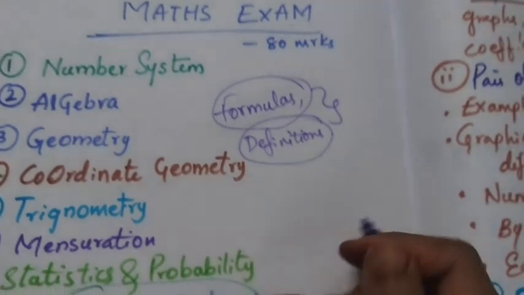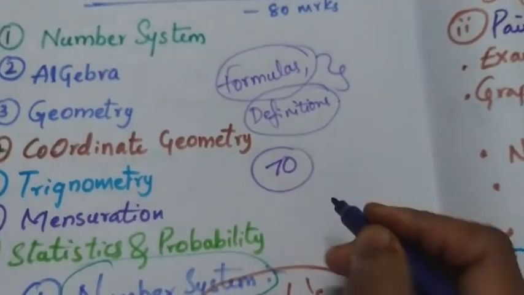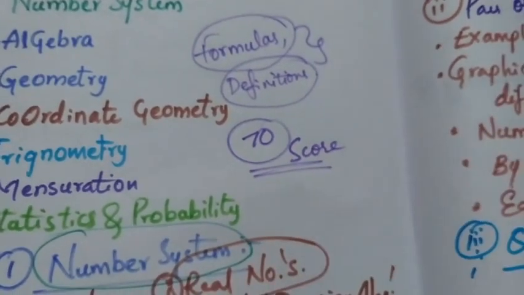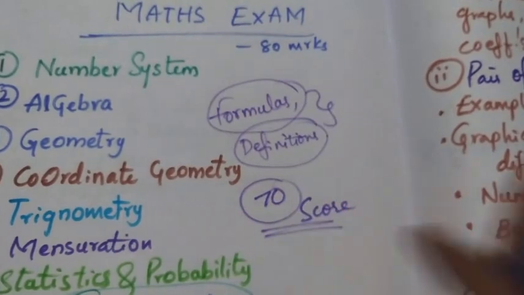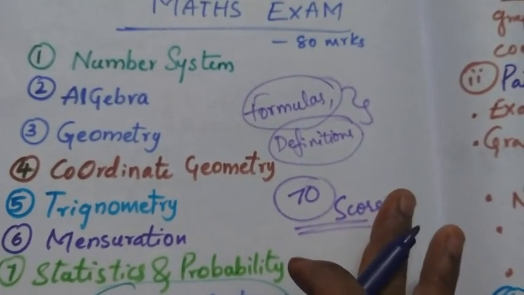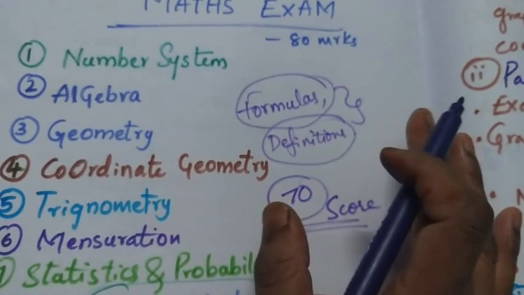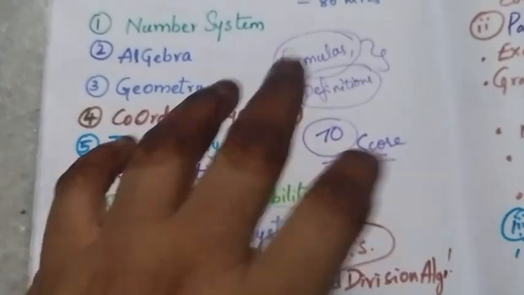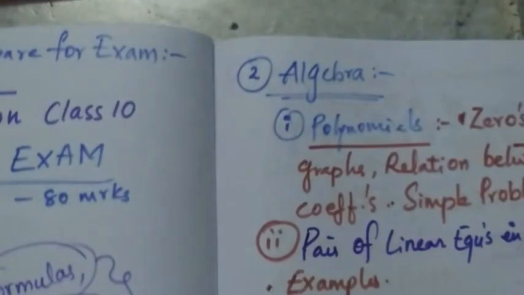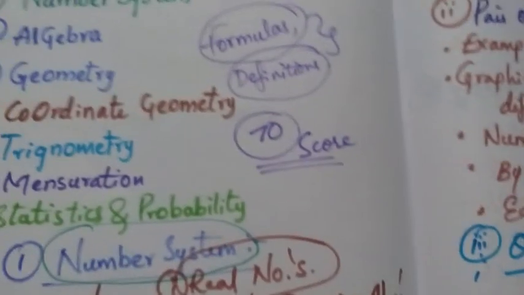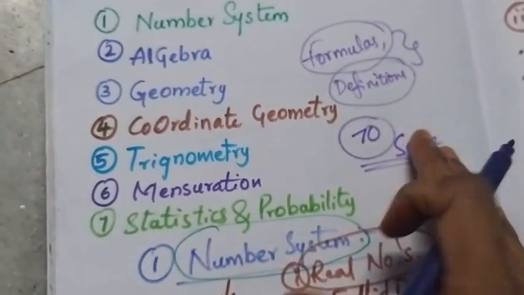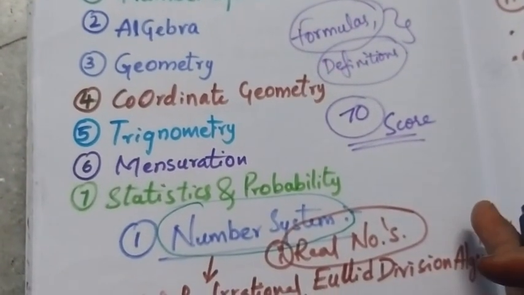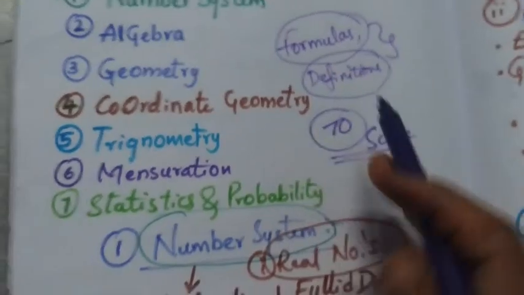80 marks, 70 marks surely you will get. You will score 70. Okay, out of 80 marks you get 70 marks in theory if you are perfect in formulas and definitions. I am telling you, so watch the complete video on what we have to cover in every topic. I have explained it. So take your textbook and learn every chapter's definitions and formulas before exam preparation. Prepare well for these topics. Okay, don't